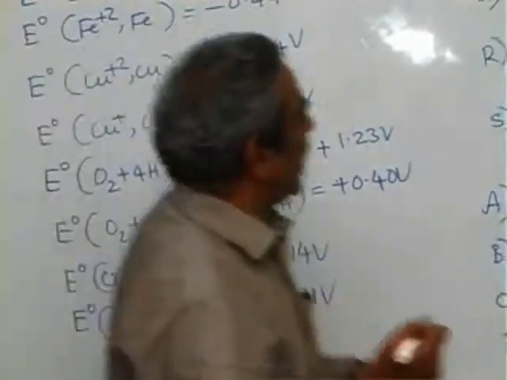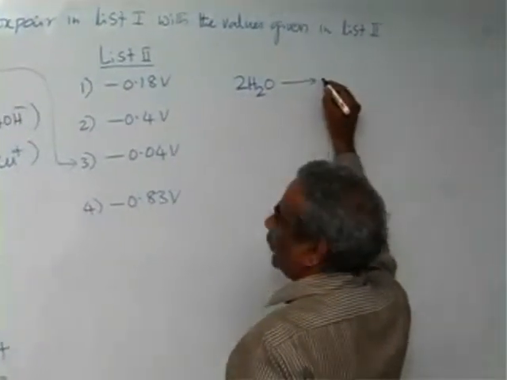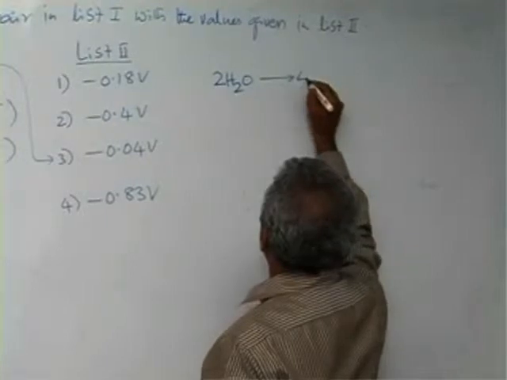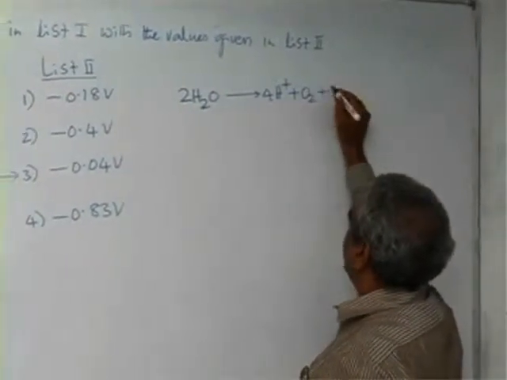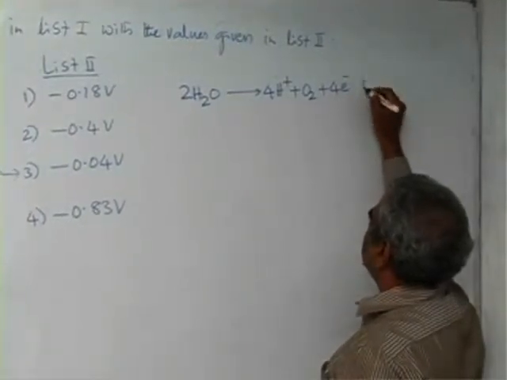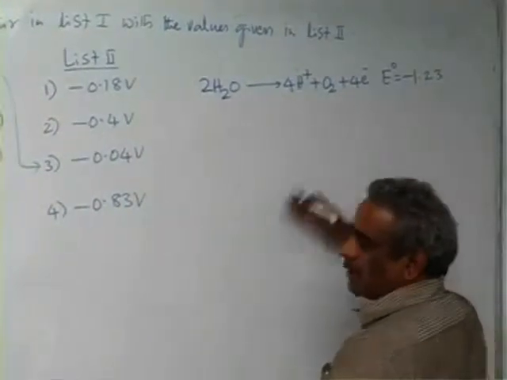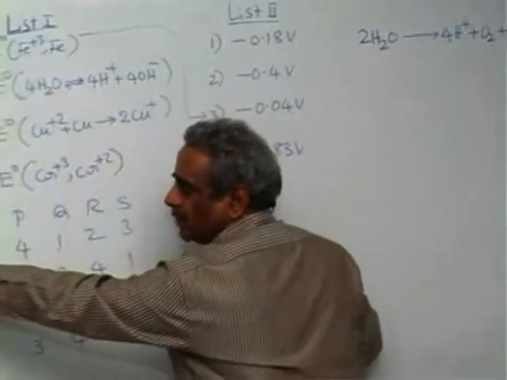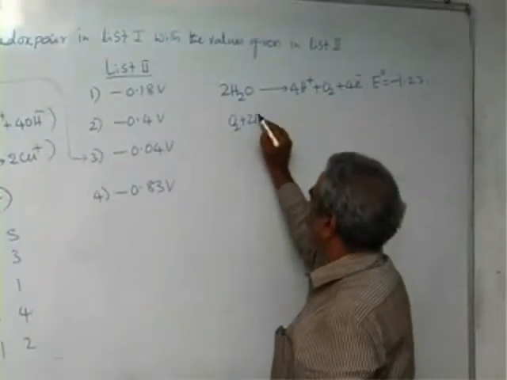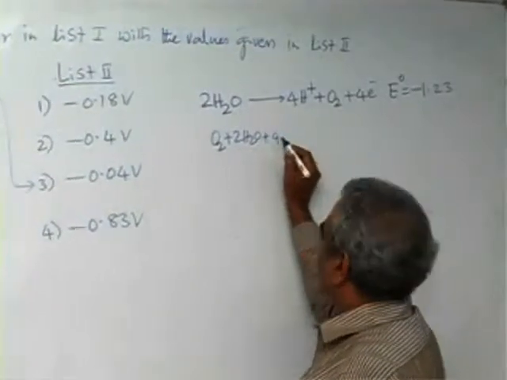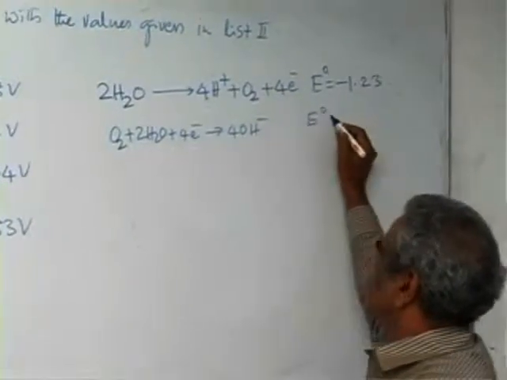So if I rewrite this, I get 2H2O giving 4H plus plus O2 plus 4 electrons. Because I have reversed, the potential also would be changing its sign, minus 1.23. And if I set this particular equation as it is, O2 plus 2H2O plus 4 electrons giving 4OH minus, whose potential is as it is, we have got